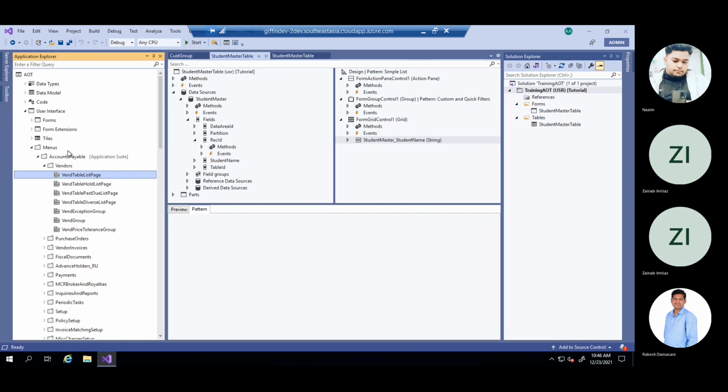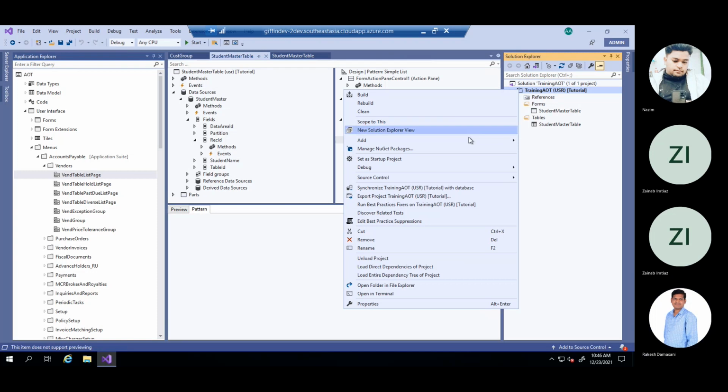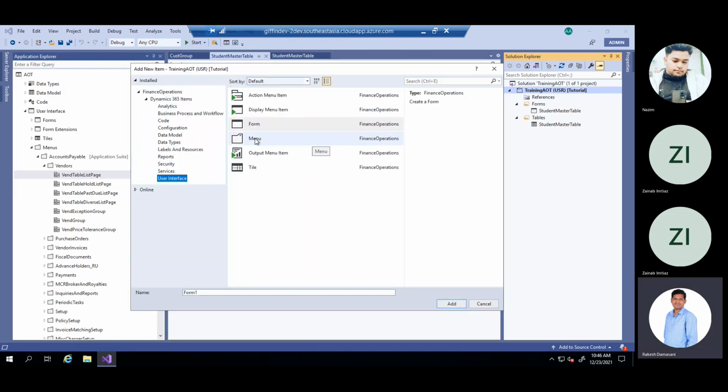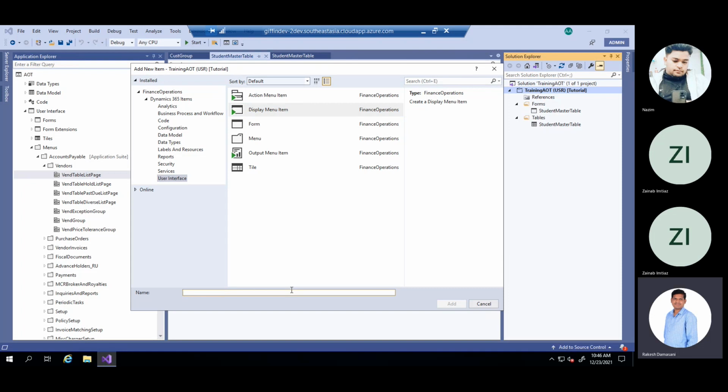Yes. So again for this student master table, we have to create a menu item of type display. Again, go to add new item, display menu item. The naming convention will be the same.